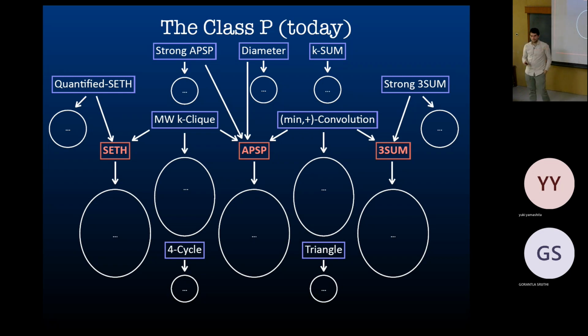So what does it say exactly? That you need n to the k time. And there are other things like this strong 3-SUM, which says that for 3-SUM you need n squared time even when the numbers are in a small range, that's 1 to n squared. If the max number is U, you can solve it in U log n time. So things like that, and then you can prove more results.